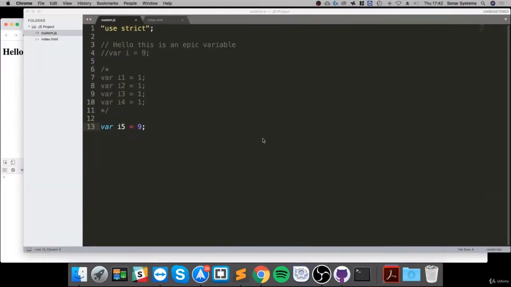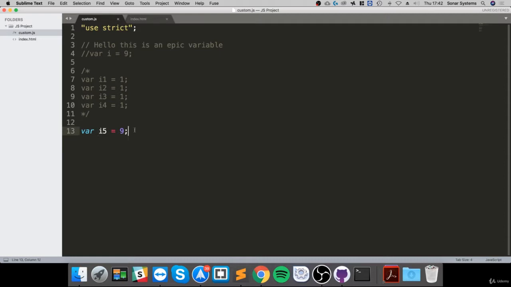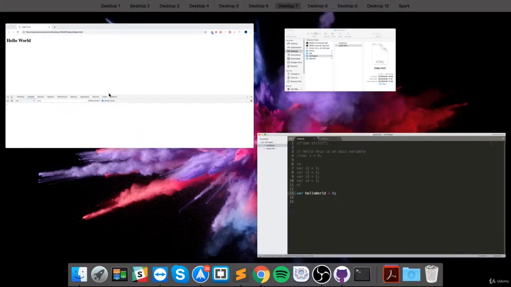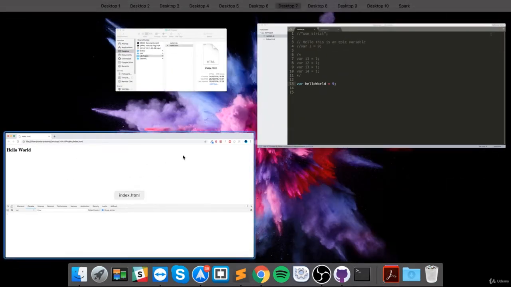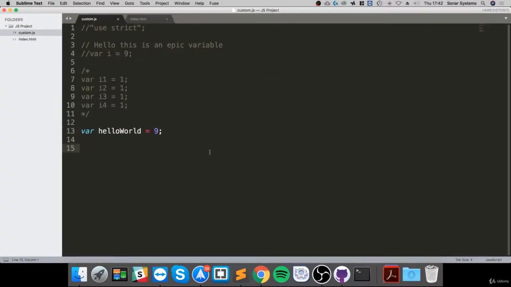Another reason is, just as an example with variables, maybe I've created this variable, and let's say I'm not using strict mode, and maybe I want to modify it. So I'm going to rename it to hello world, for example, and at the moment this should run fine, no errors. But if I want to reassign it and I put hello and world, slightly renamed differently, and I put equals 8 instead. Save it,